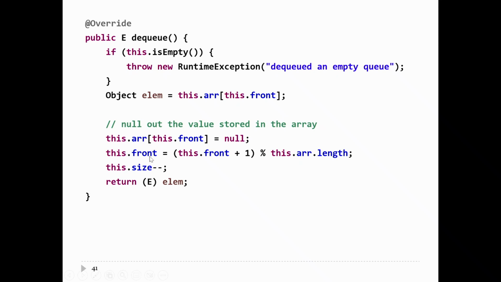Now for front, we want to move front one position to the right, but we have to take care of this wraparound when it hits the end of the array. So you could do this with an if statement. You could write this front equals this front plus 1, and if this front is equal to the size of the array, this front equals 0. But it's easier just to use the remainder operator. So add 1 to this dot front, like that,